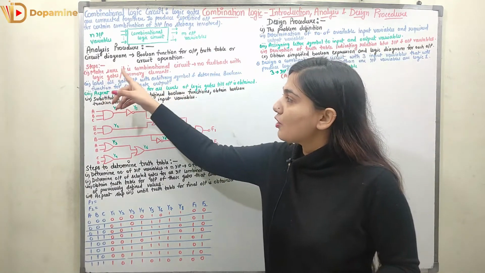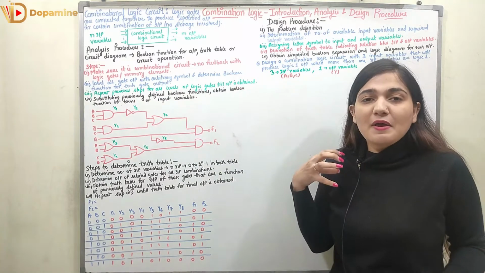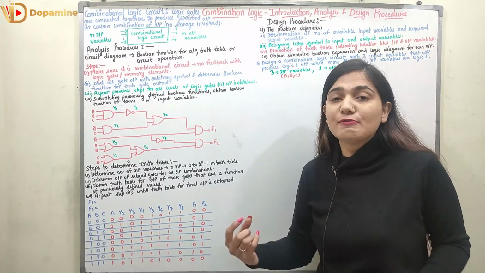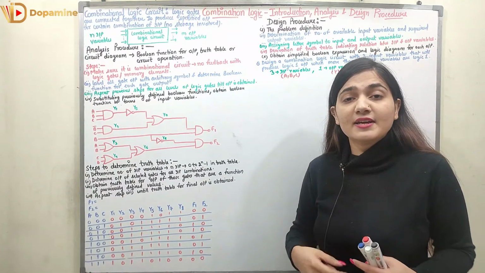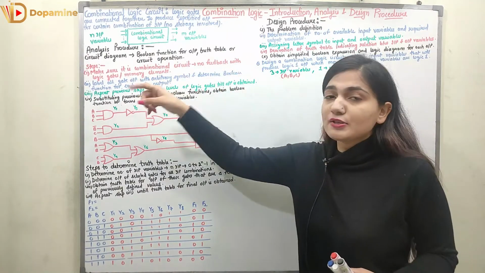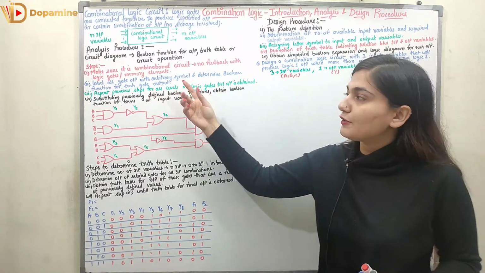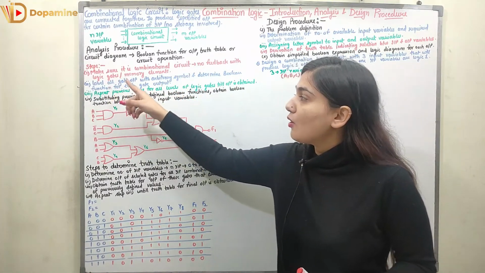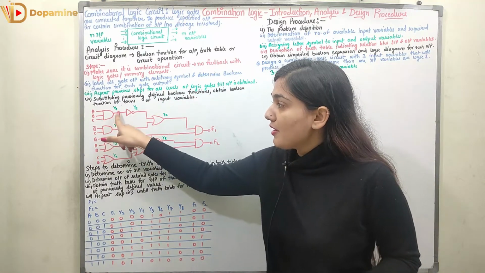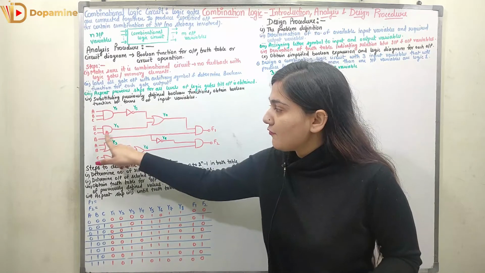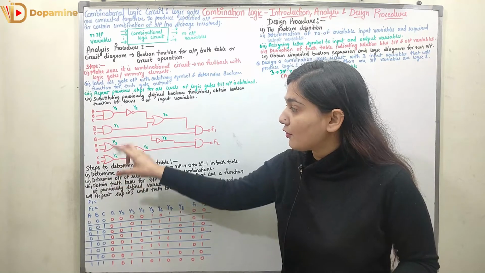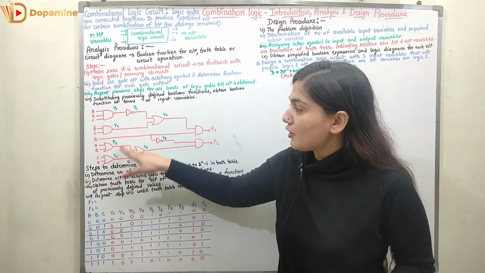Step 1 is to make sure it is a combinational circuit. First of all, if the circuit is given to you, you have to check whether it is a combinational circuit or a sequential circuit, right? When we are not having any feedback with the logic gates and no memory elements or storage elements, it is a combinational circuit. Then we have to label all of the gate outputs with arbitrary symbols. You can see here we have the input, and we have labeled the output as Y1. For this logic gate, we have labeled the output as Y2, here Y3, here Y4. This is the first level of labeling, right?